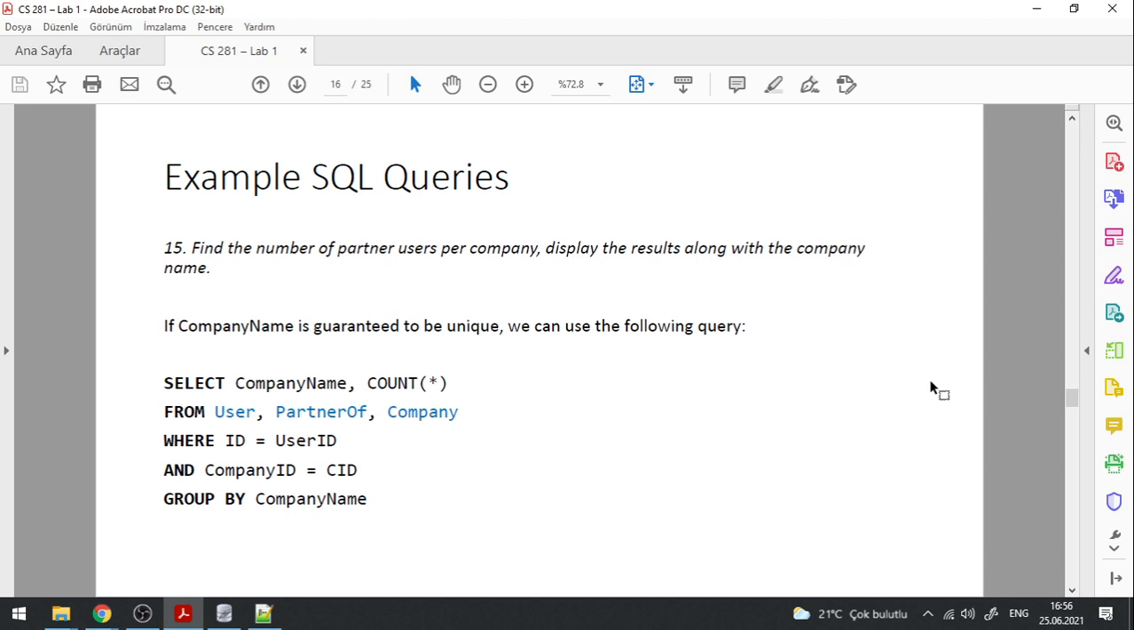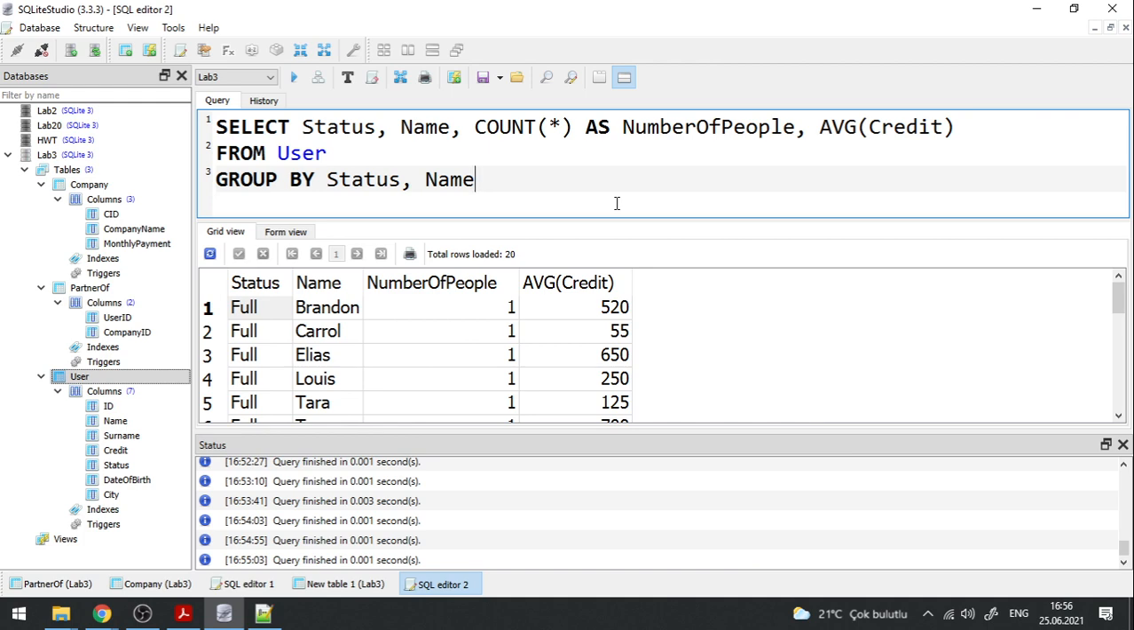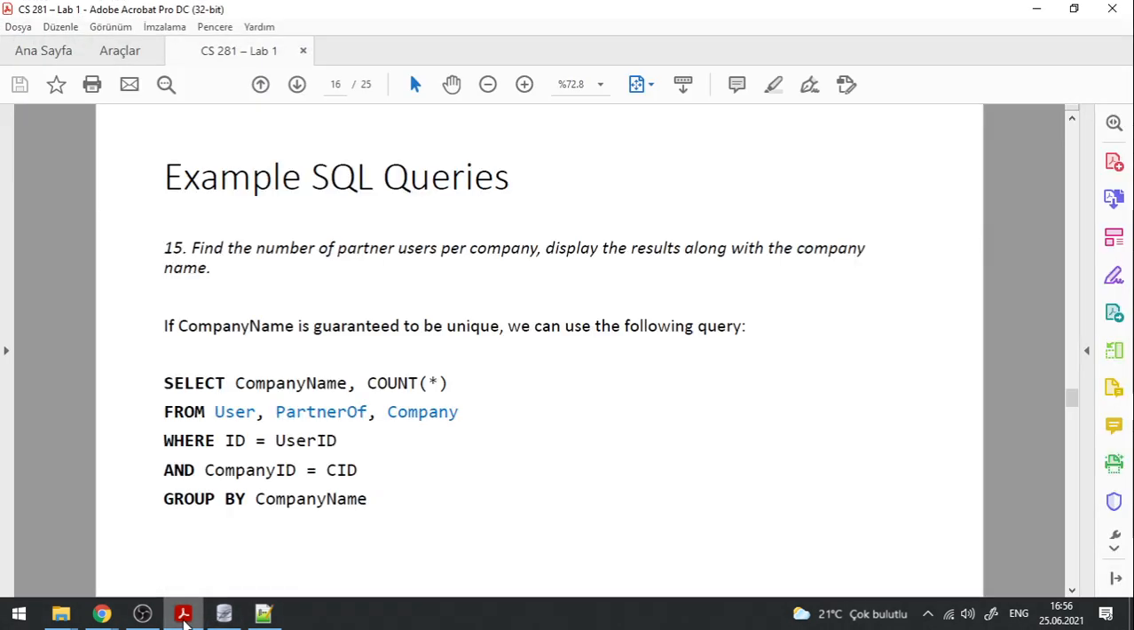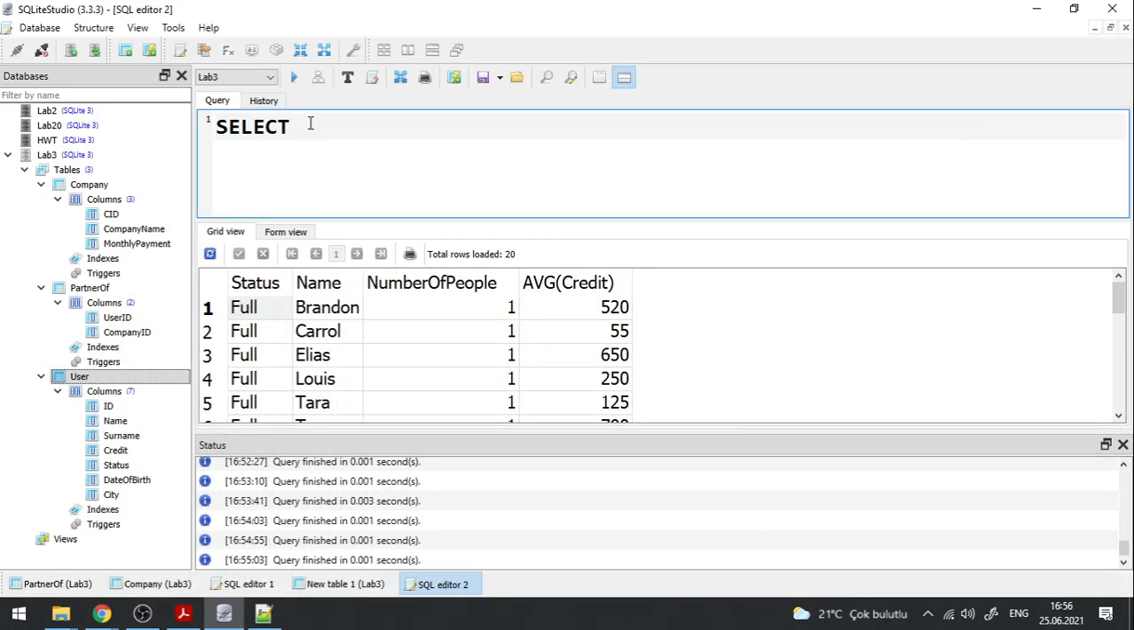So this is another example. Find the number of partner users per company. Display the results along with the company name. So this time I'm interested in how many users are in each company, right? Find the number of partner users per company. And this is going to include the